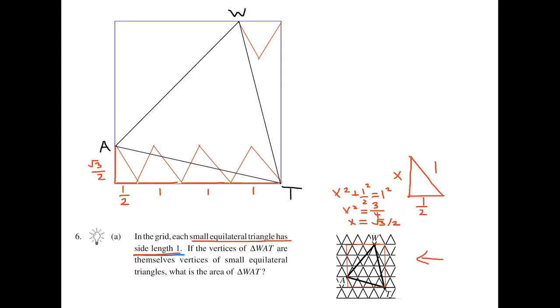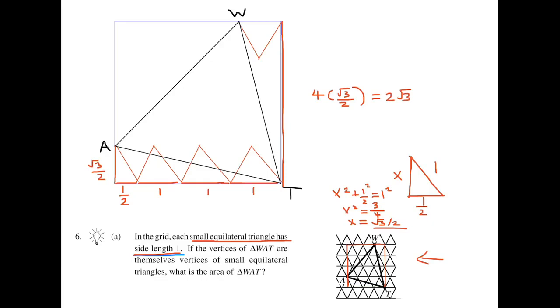Now we want to look at our diagram here and see how many of these triangles there are as we're going from the bottom all the way to the top. Well, it looks like we've got 1, 2, 3, 4, right? 4 of them. And each of those has a height of root 3 over 2. So the total distance from here to here would be 4 times root 3 over 2,